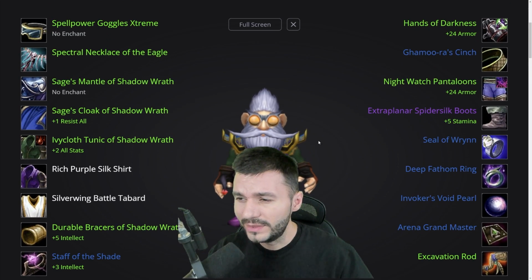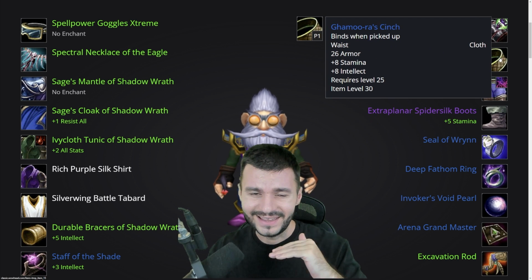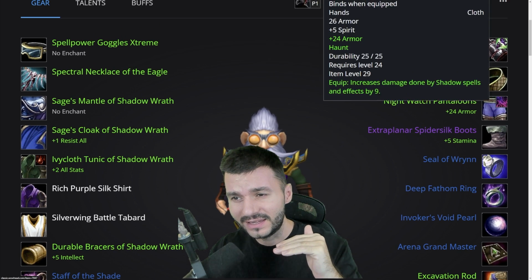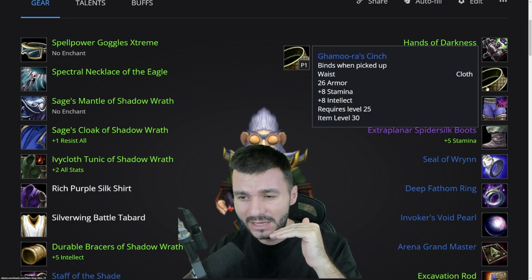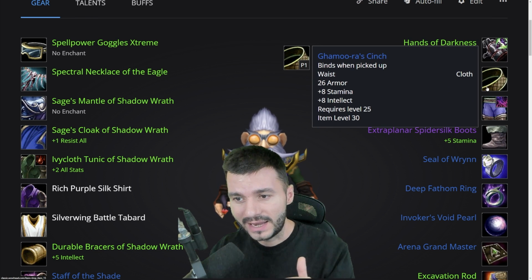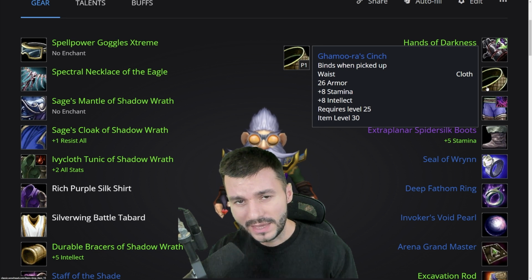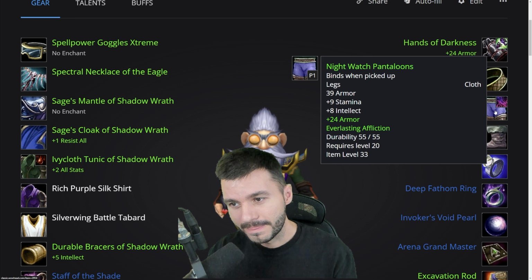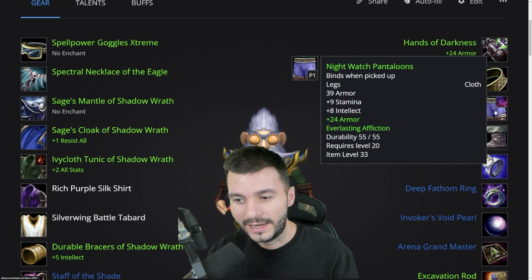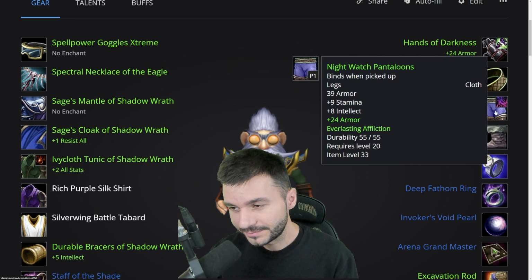And on the right side here, you can see that we are focusing more on stats rather than on pure spell power. We still have Hands of Darkness, which come with spell power, but then we focus a lot on stats so we can balance the lock. We want to have stats to stay alive, and we want to have mana to be able to tap into some of that. Night Watch pantaloons for Alliance from the Morbent Fel quest,